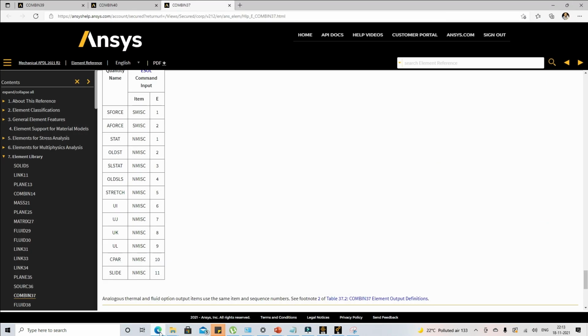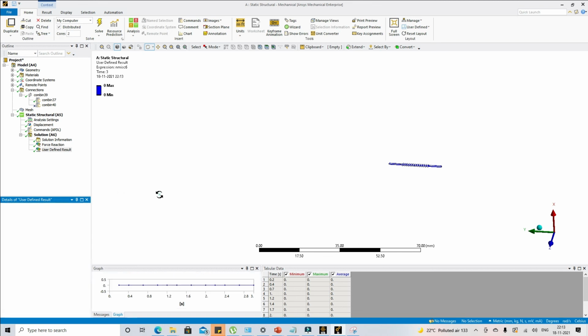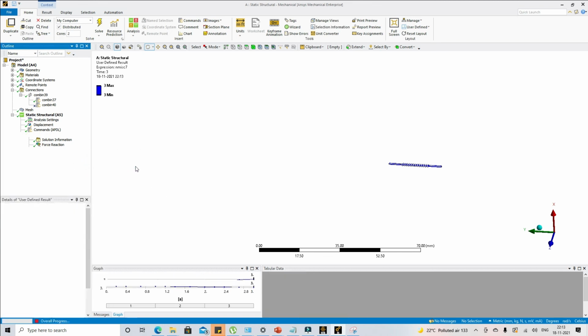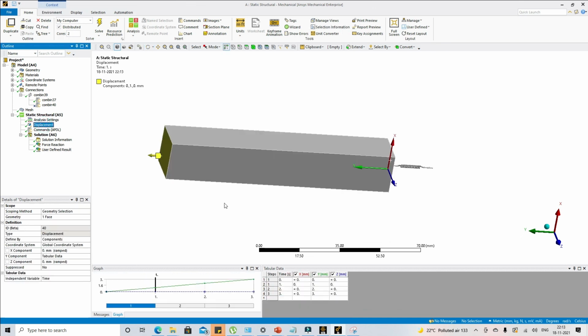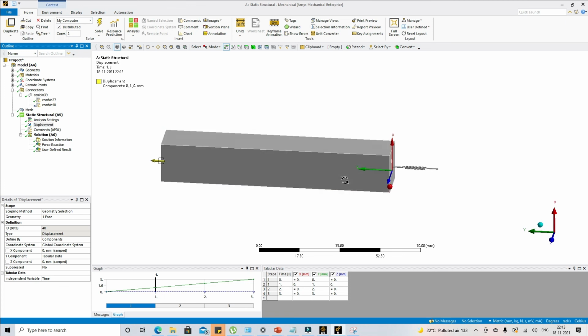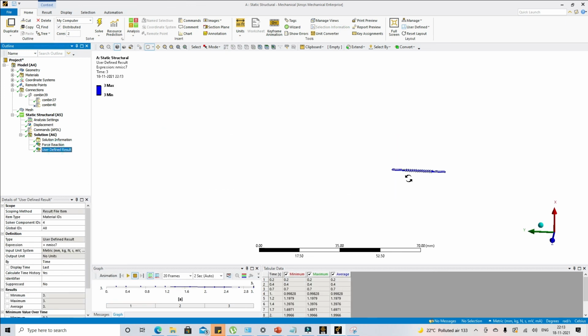The mobile node will become your nmisc7. So let's check the value of nmisc7. We can see that nmisc7 is 3, and we had also applied a 3 mm displacement. So the block is simply moving by 3 mm in the positive direction, and the same motion is getting transferred. In this way you can post process this one.